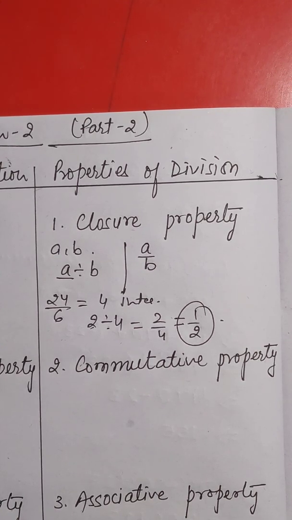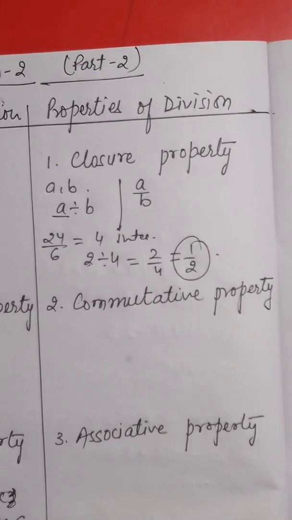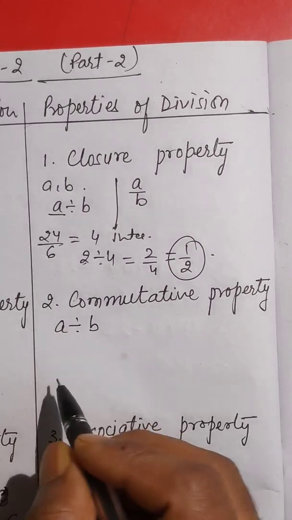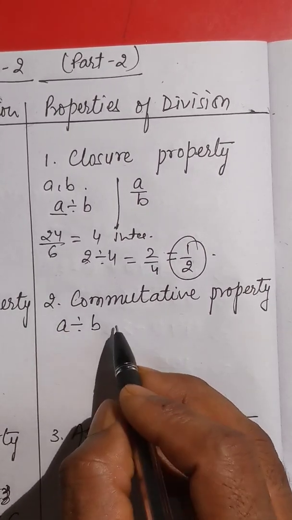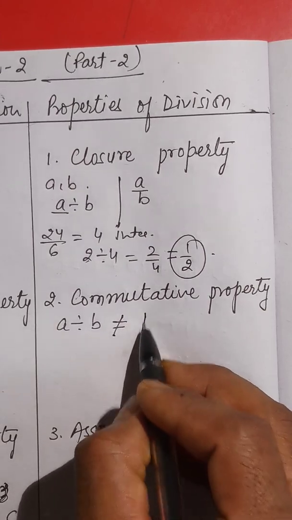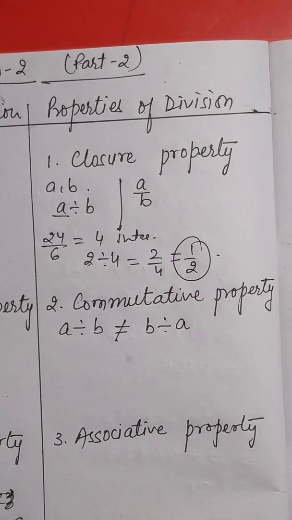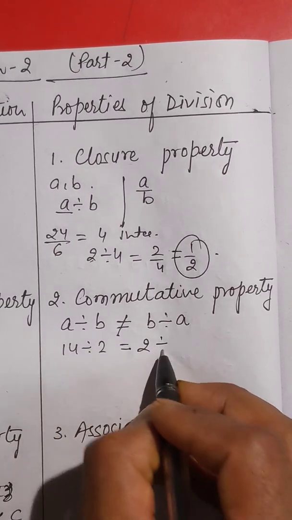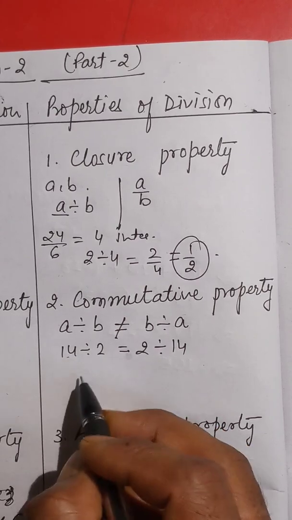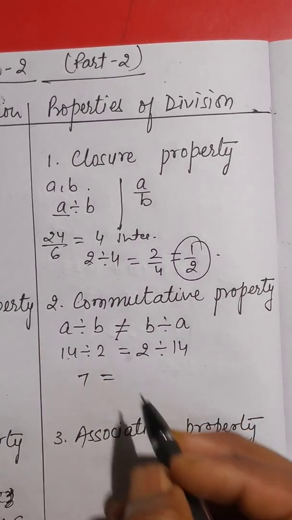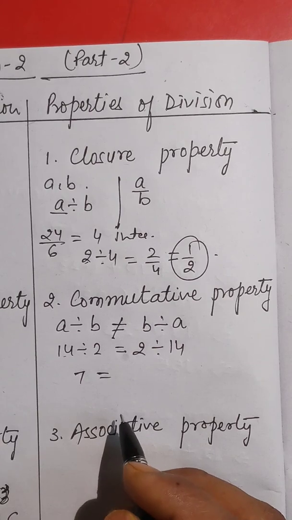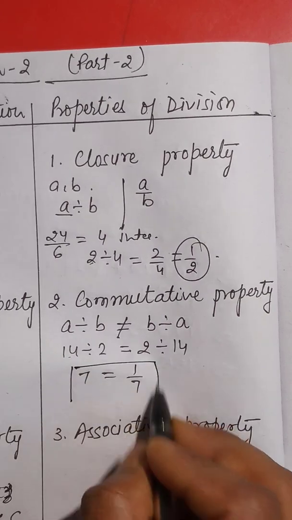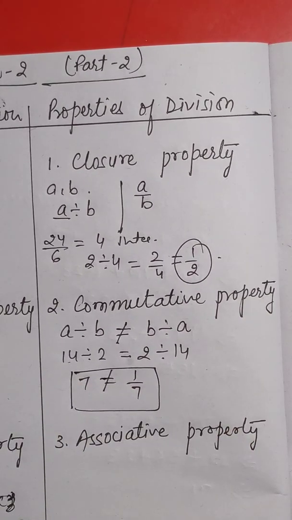No, the commutative property is not applicable over division of integers, because if a and b are two integers, dividing a by b does not give the same result as dividing b by a. Taking an example, 14 divided by 2 is 7, but 2 divided by 14 is not equal to 7, it is 1 upon 7, so it is not applicable for